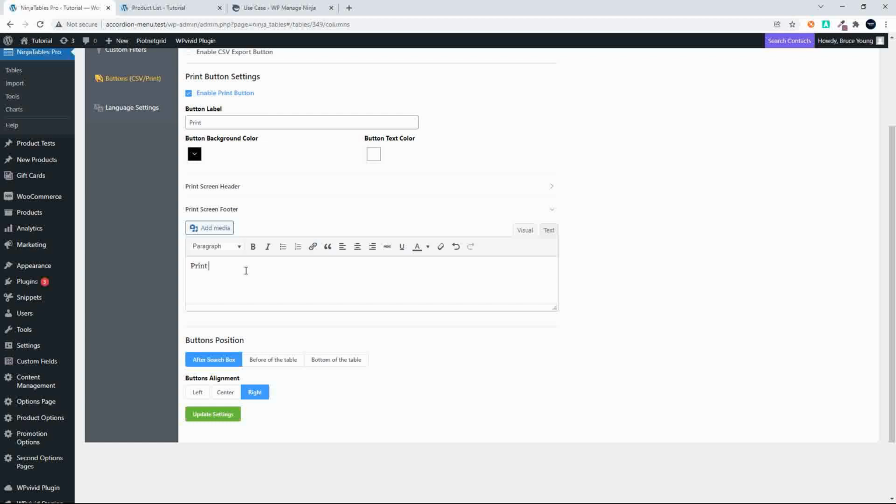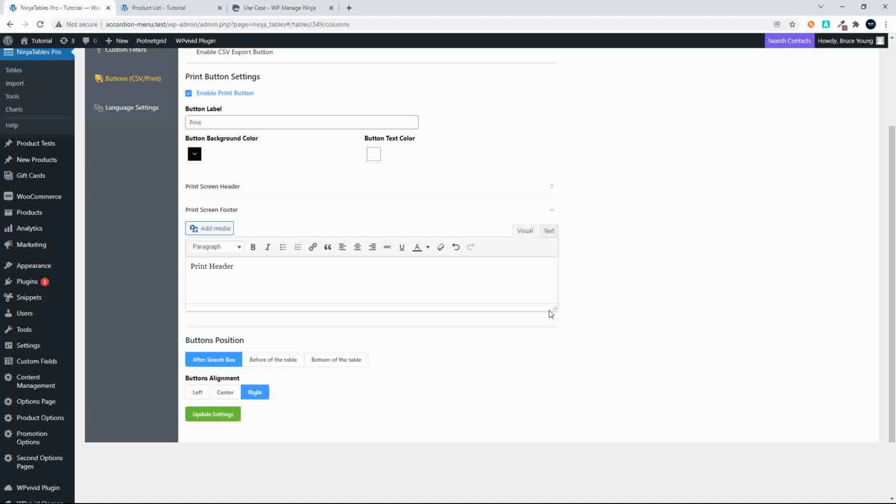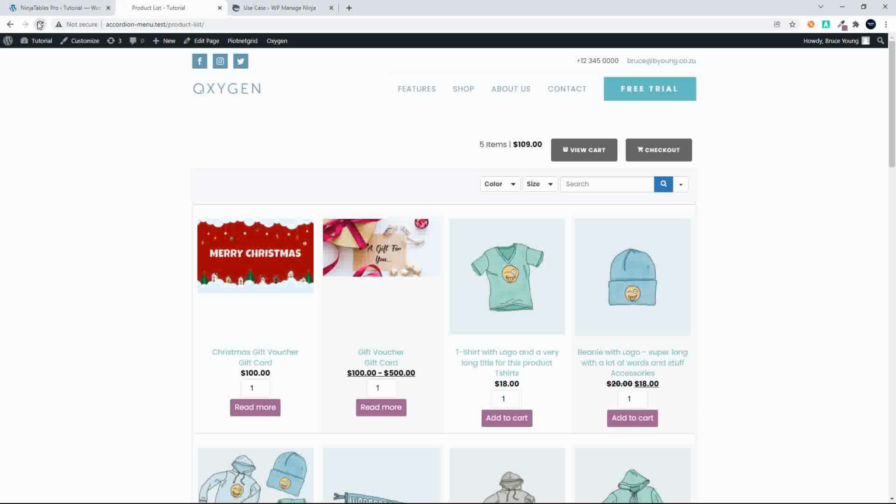So this would be the print header, and quite easily then also, that was the footer. So this is the print header, and you can see you can insert images as well, and here would be the print footer. Right, so with that added, update the settings, head over to the website now, refresh,